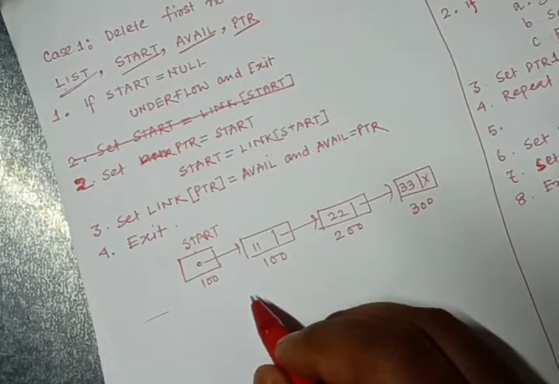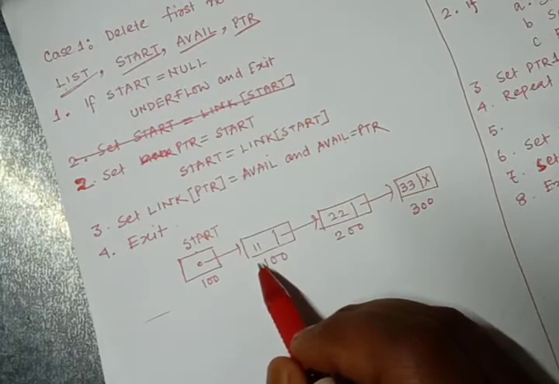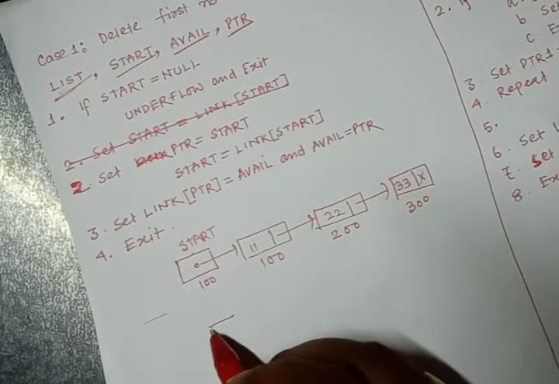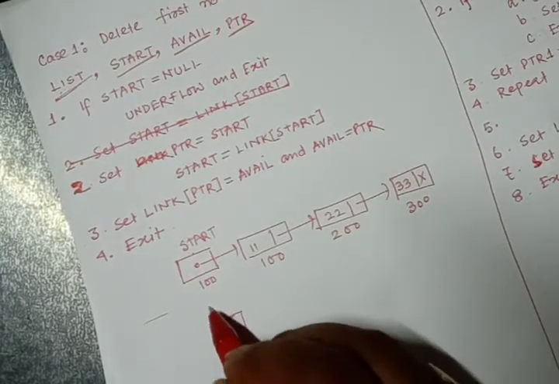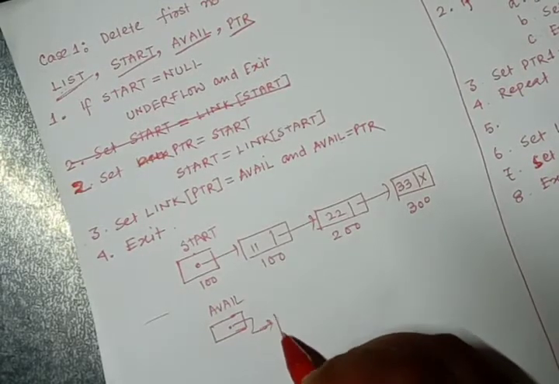And as I have already told in my last class, along with the used list in the memory, the system maintains one more list, and that is the avail list. Suppose this is the avail list, available list in the memory,